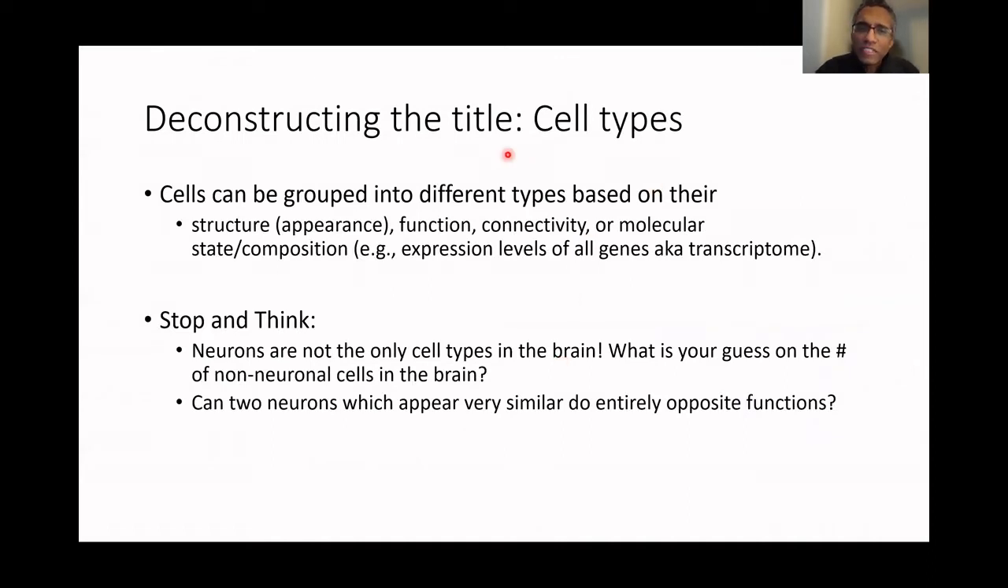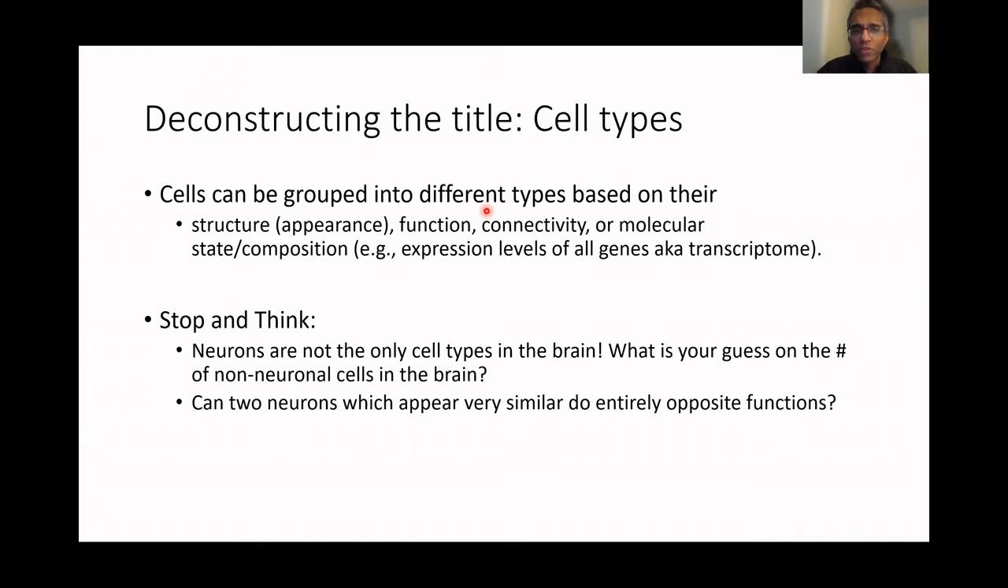So what is this cell types part here? Cells can be grouped. These cells are the basic autonomous units in any living system. We are all made up of different cells, and they do different functions in the body. They can be grouped into different types, specifically cells within the brain, based on their structure, function, connectivity,